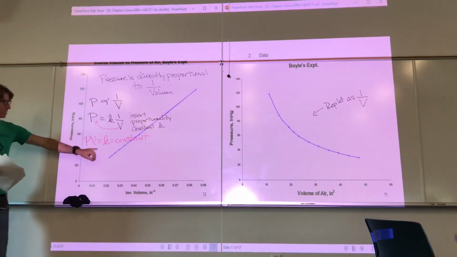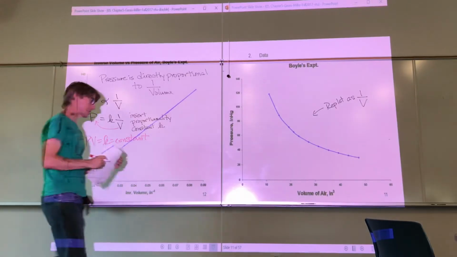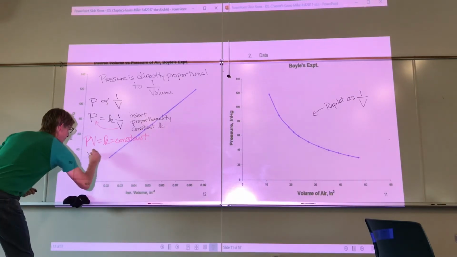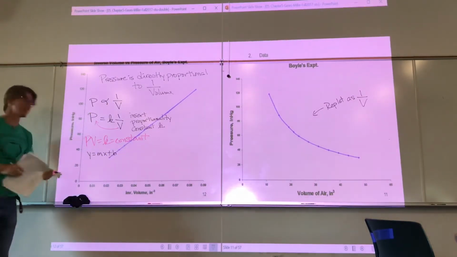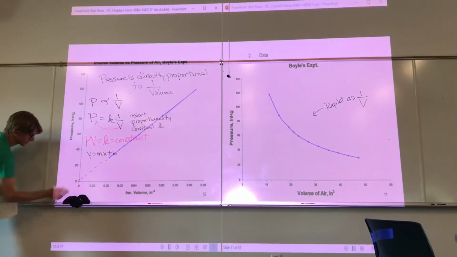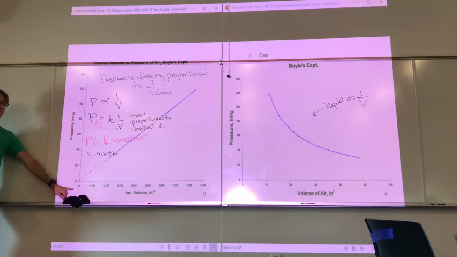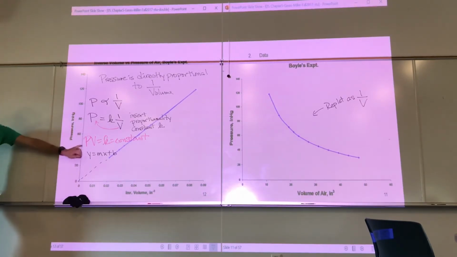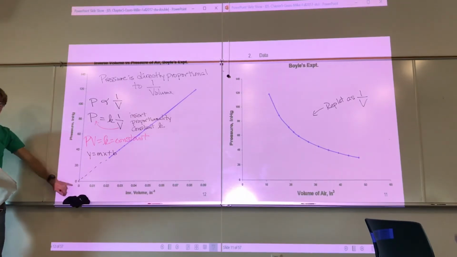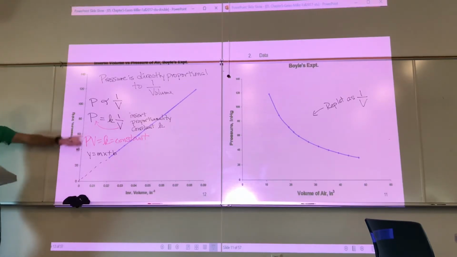All right, so PV equals K equals constant. Are you familiar with the equation for a line? y equals mx plus b. What's b in this case? Zero. b is the y-intercept, and the y-intercept is 0. So what this is really saying is these two are inversely proportional. Their product is a constant with y-intercept equals 0. The form of the law, what's called Boyle's law,